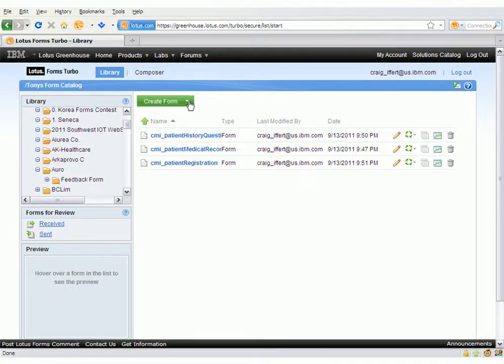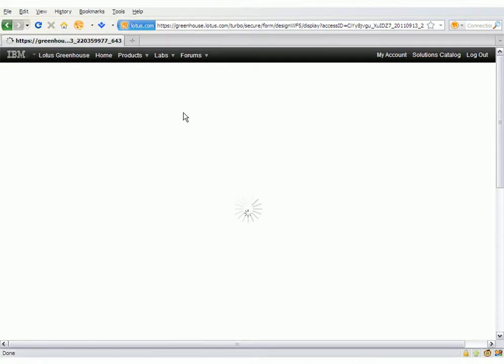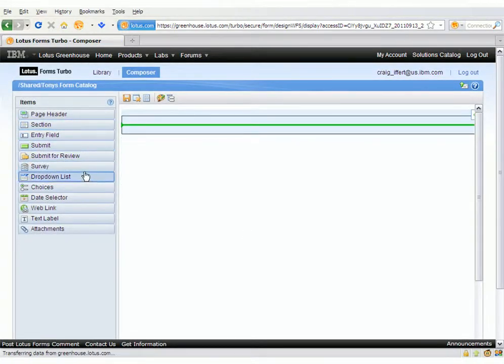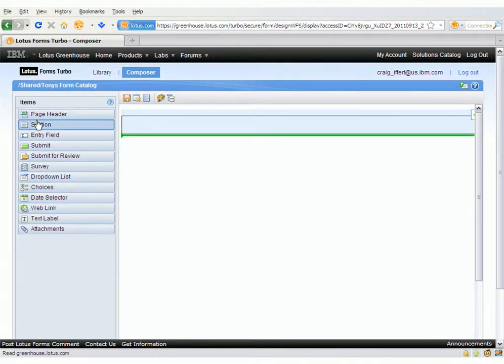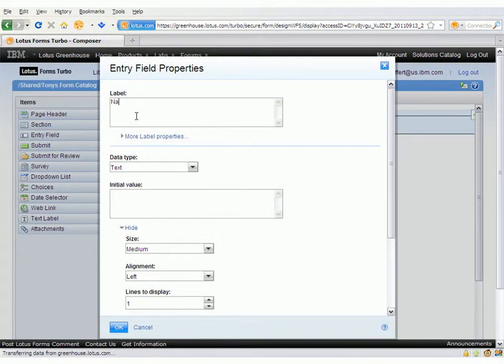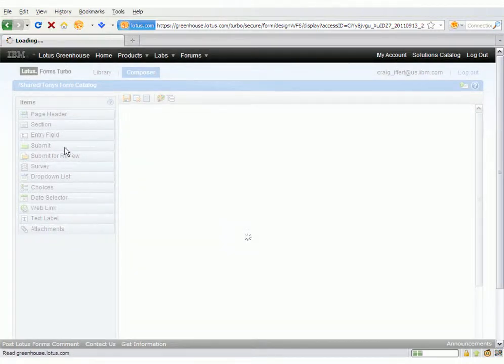But again, anybody can go in here and they can create a form. So to create a form, you essentially just click on the Create Form button, and now what you see along the left-hand side is the components that allow you to do this. So the thing we might want to add is enter your name, right? So this is going to just be a field that we would add to the